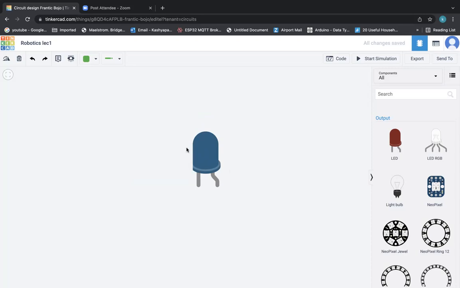But before that, I want you to know this. So in this LED, there are two types of pins. One is called anode and the other one is called cathode. So how to identify this is from this shape in Tinkercad. But in real life, there will be two pins from the LED and one pin is longer than the other.